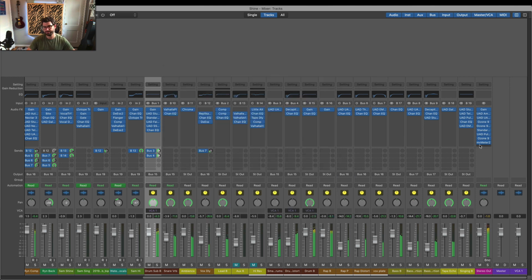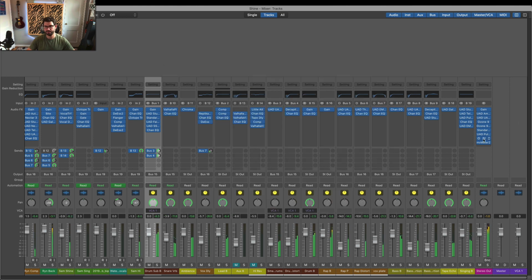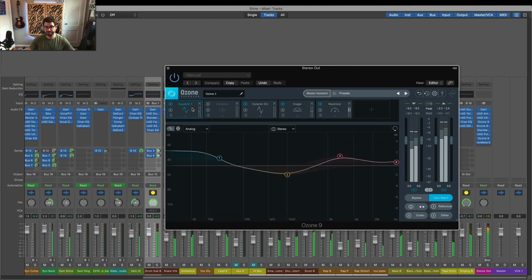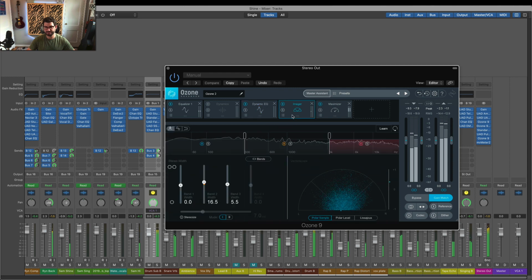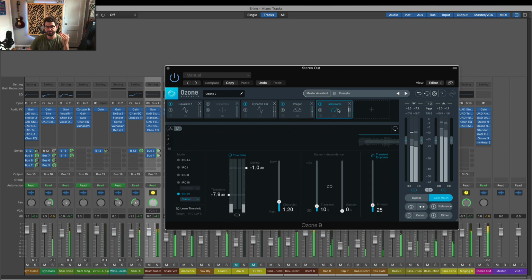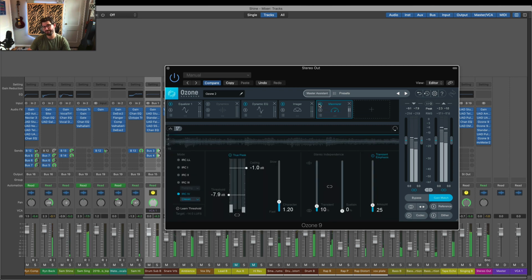So go ahead and add some more EQ, and then a little more EQ. Take away a few more ugly spots, a little imaging to make it wider, and then we make it a little bit louder, but not a ton. Maybe a ton.